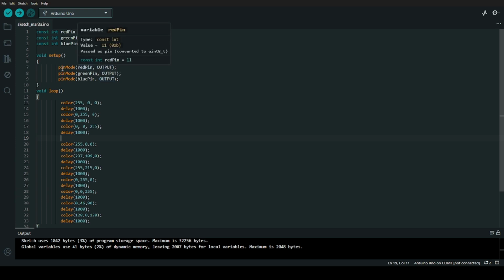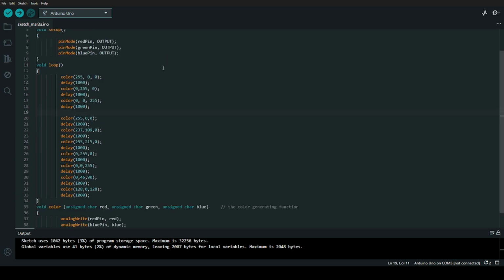These three have an output here, and the pin mode OUTPUT tells the Arduino microcontroller that these pins will be used to send voltage out to a component, which would be the LED, rather than reading voltage from a sensor.